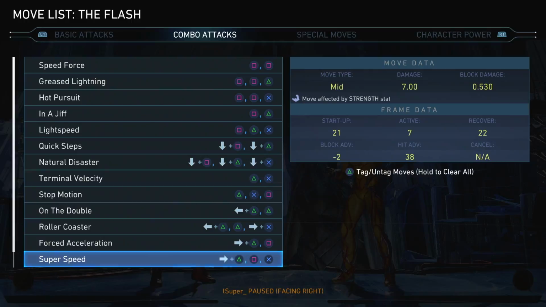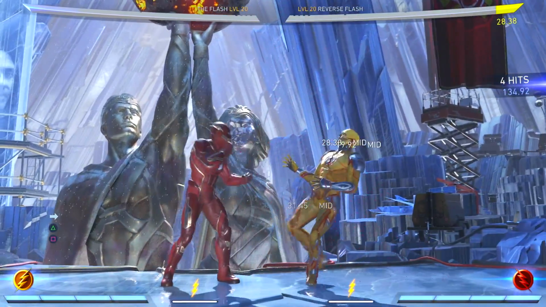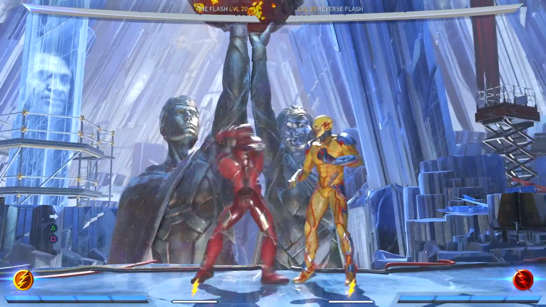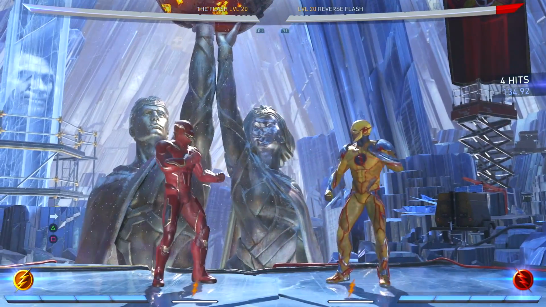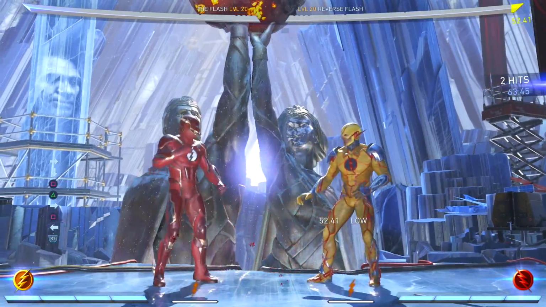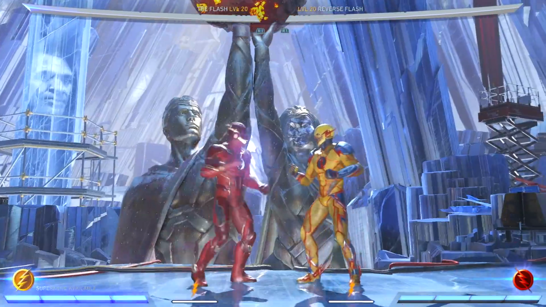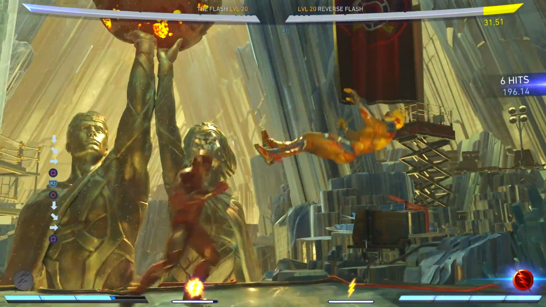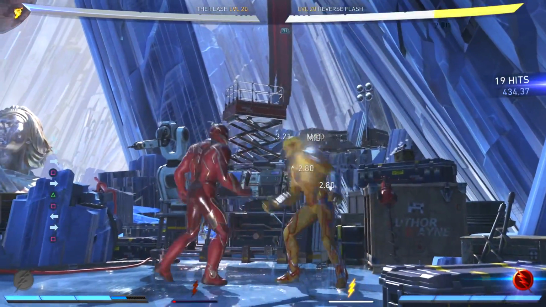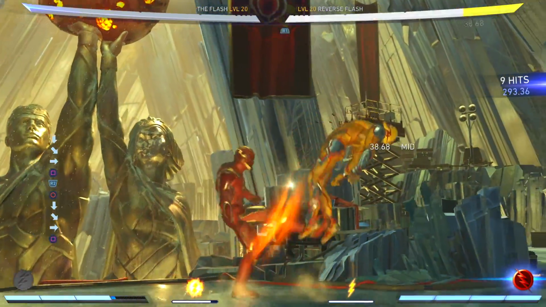Moving on here, let's see anything else that we... Oh, of course, the overhead. So if you go into forward 2-3, it actually goes into this overhead attack. It starts off as an overhead, then it hits mid like 3 times. And this is your most damaging combo starter. So compared to something like this... Okay, I'm doing things too early. Okay, compared to something like this, that does 44%. And if you start off with the overhead...